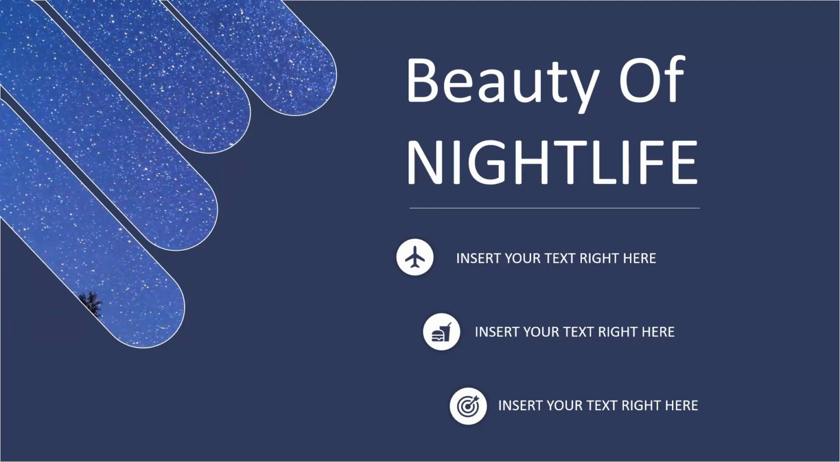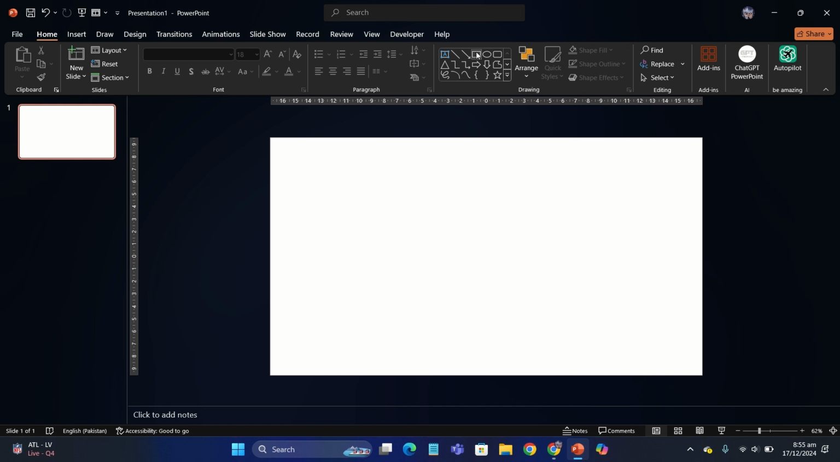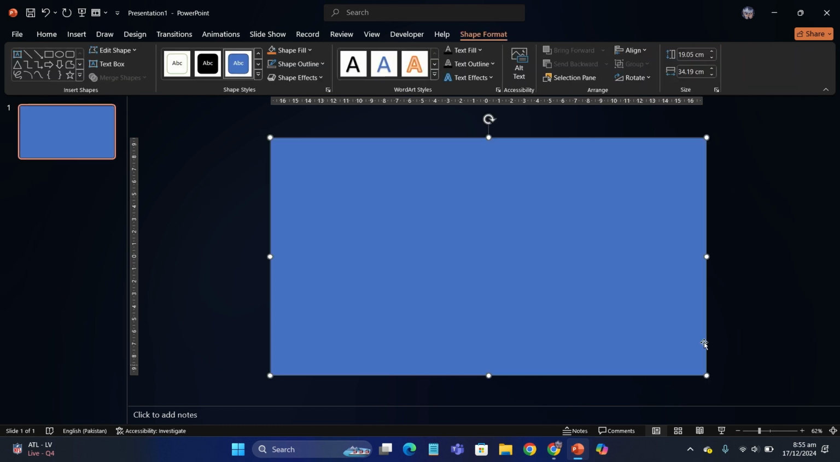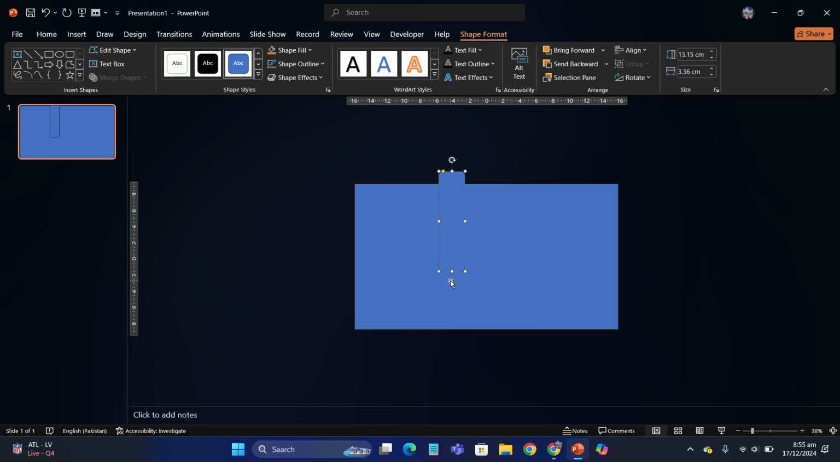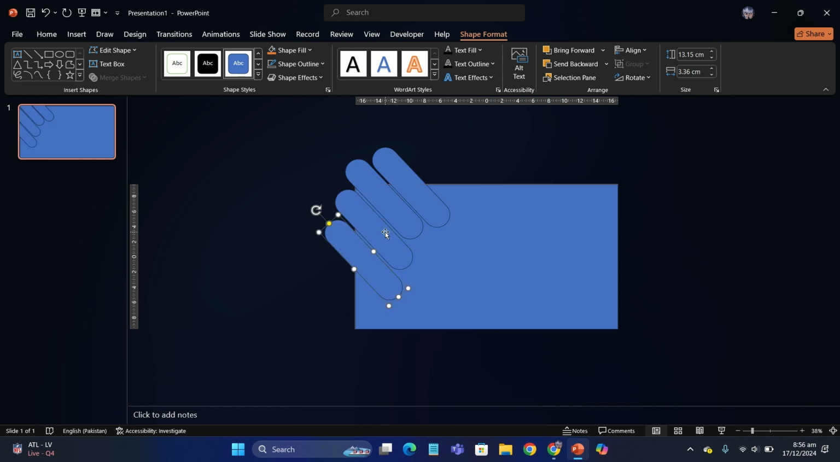So in this video, I'll show you how to make this template. First of all, you're gonna open a blank slide and insert a rectangle that covers the entire slide. Now insert a rounded corner rectangle and then make it fully rounded. Now you're gonna move it right here like this, duplicate it again and again by pressing Ctrl plus D, and